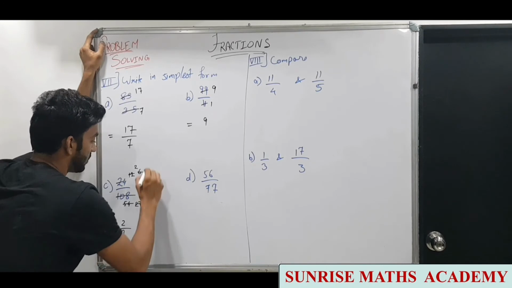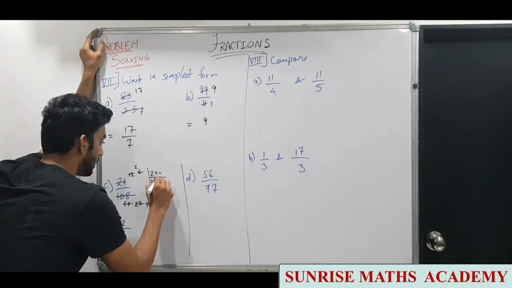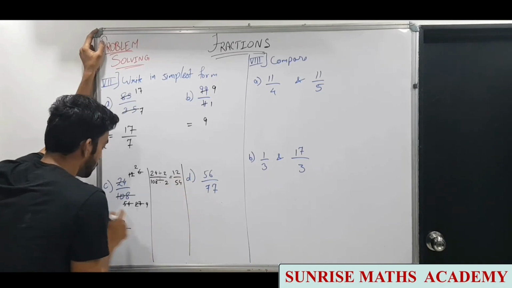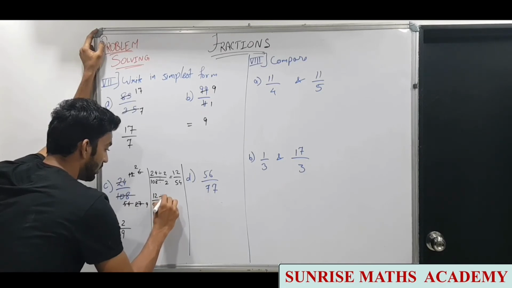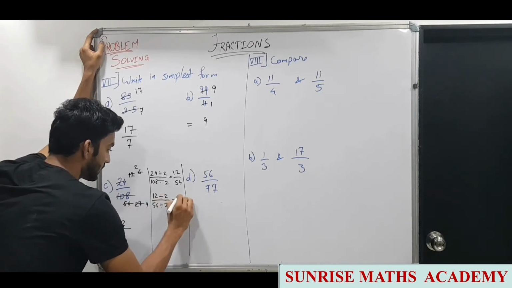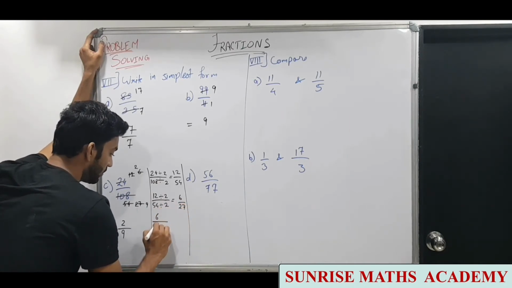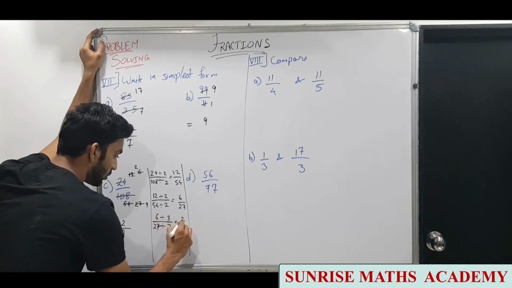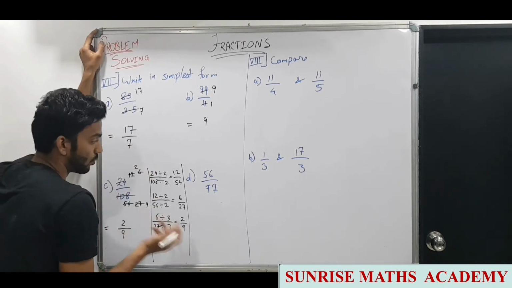2 upon 9. Now if we want, 24 upon 108 divided by 2, we get 12 upon 54. Then I have divided 12 upon 54 by 2 again. We got 6 upon 27. Then that was divided by 3 because 27 is not divisible by 2, but 6 and 27 have a common factor 3. So we get 2 upon 9. 2 upon 9 is the answer. So you can do it like this also, whatever is comfortable.